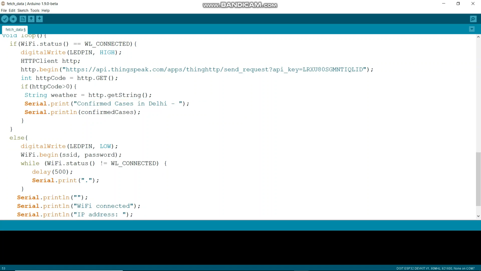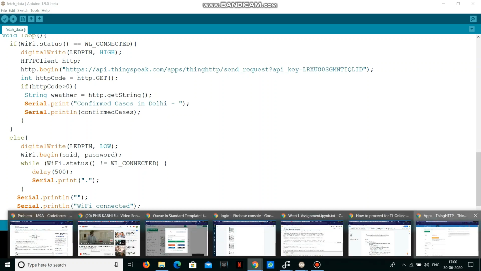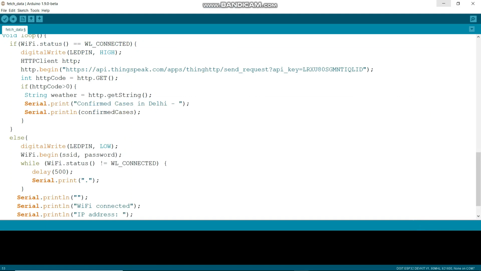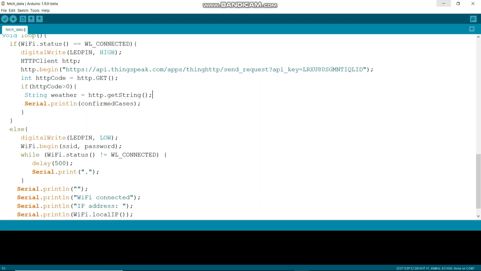As I told you, you can take a substring of the thing that you have created here, to remove this and this, and remove this much of space. You just write dot substring as you do in C++, then you write the begin index and then the end index. The substring will be from the begin index to the end index minus 1. Then you print that. I first did this for confirmed cases in Delhi, where I took the data from Wikipedia.